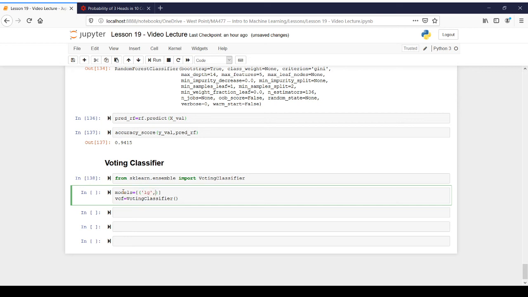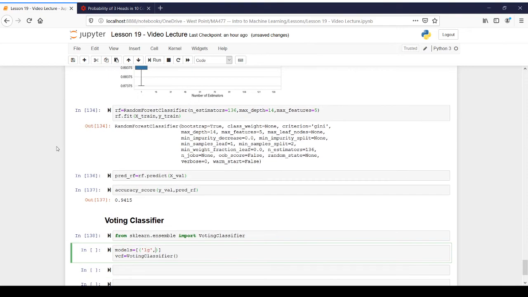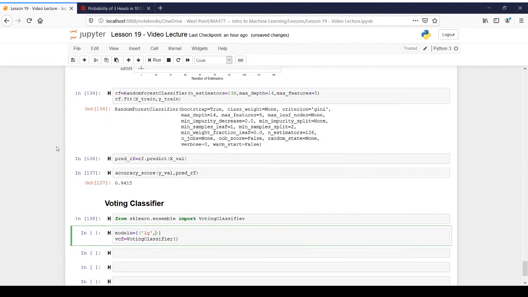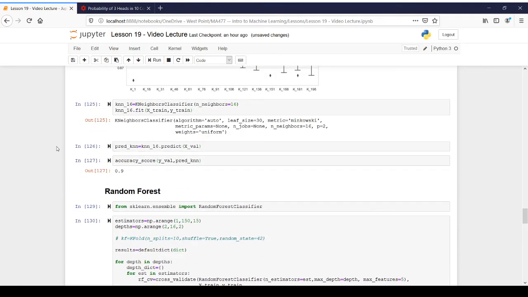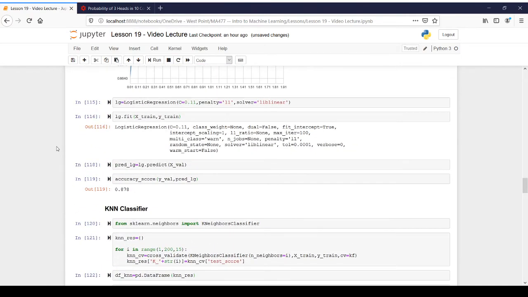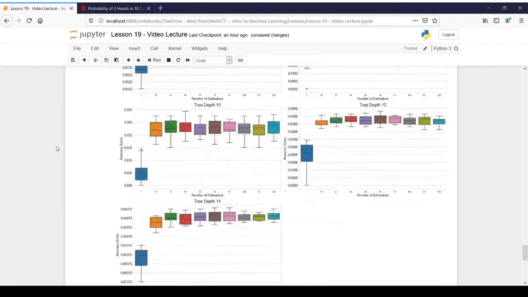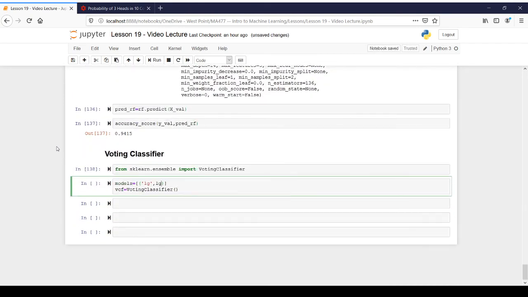So for example, logistic regression. What did we call it here? Did I just call it LG? Okay, I think it's LG. Okay, LG, and then random forest, and then KNN. So the estimators here